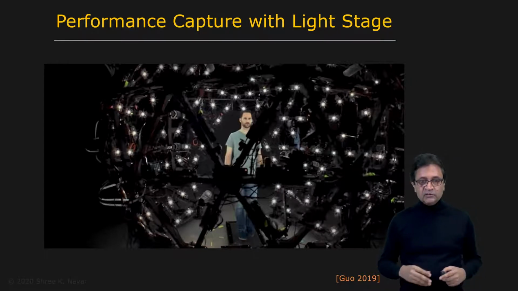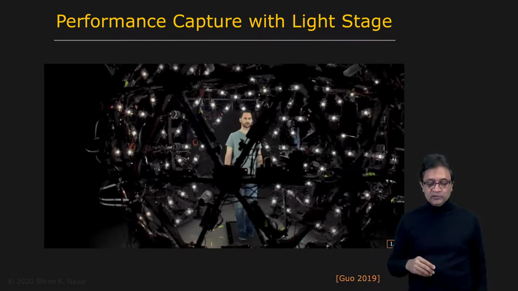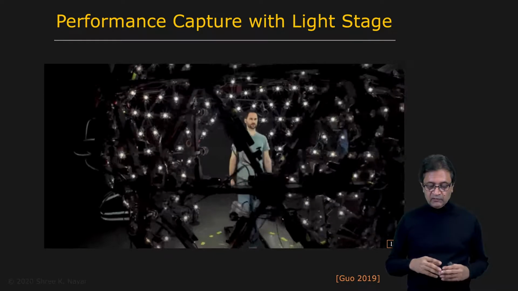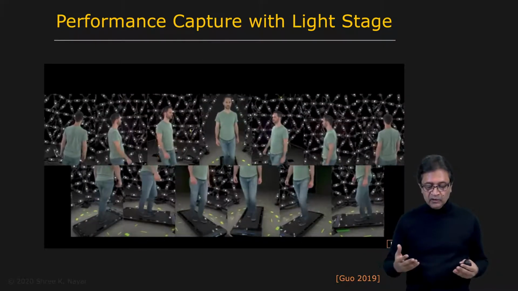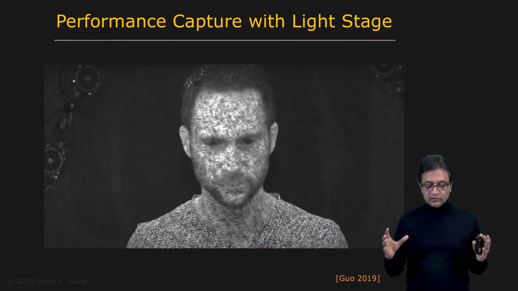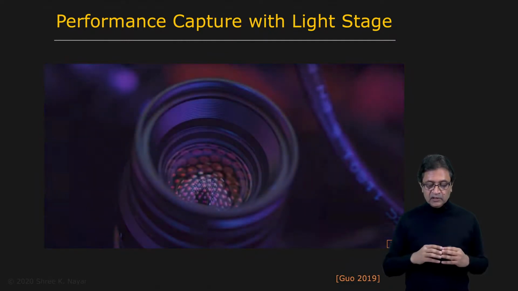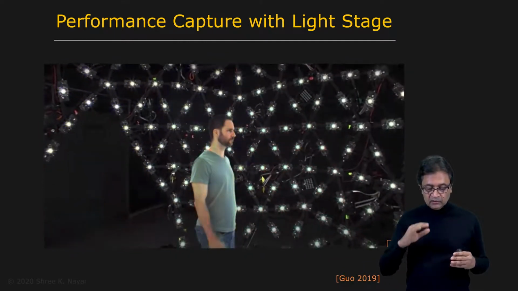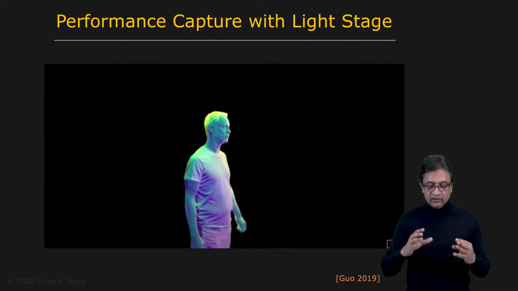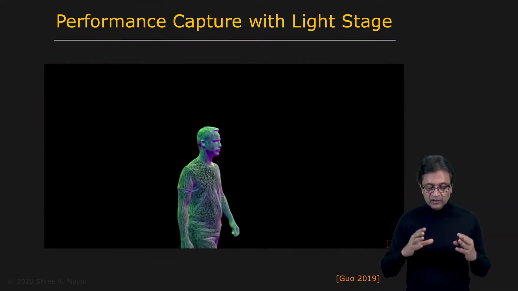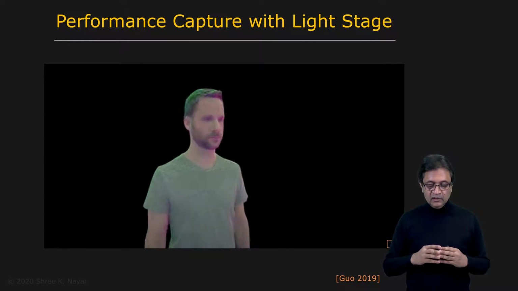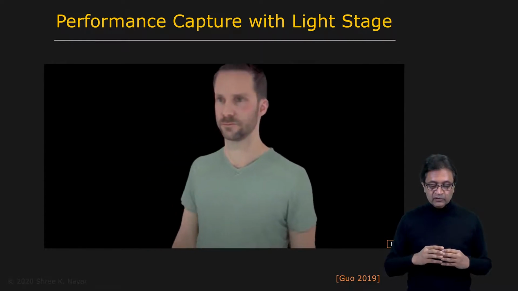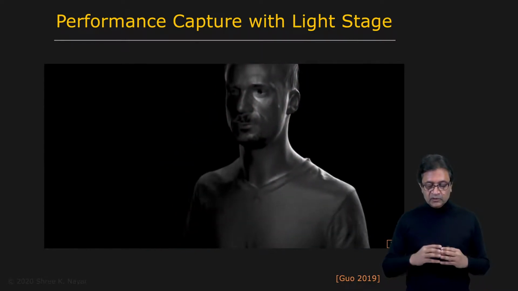In this particular case, we're looking at what's called performance capture. So you see here that you have a person who's walking. These are the multiple views through the different cameras. There's structured light. And then here you can see the lighting being changed. It's being slowed down. You get surface normal information, depth information. There's your diffuse albedo, and there's your specular component.